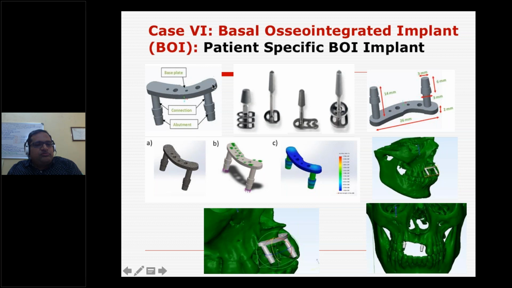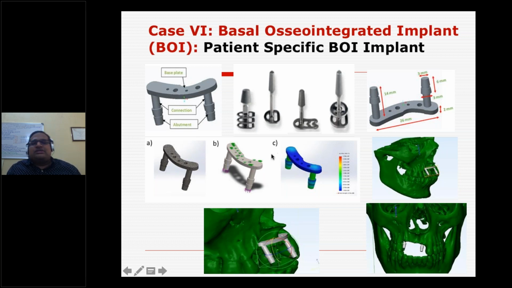So we designed this kind of implant, and this defect or fracture is not uniform. You can observe that the length of the abutments or connectors is not the same from one side to the other. This is exactly a patient specific implant.